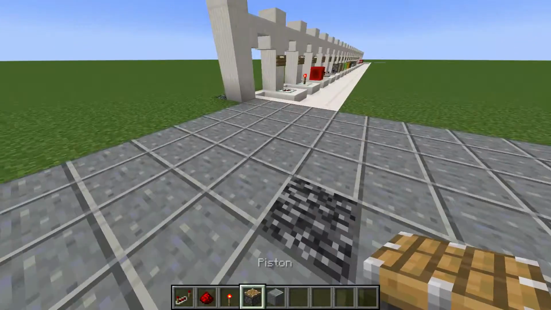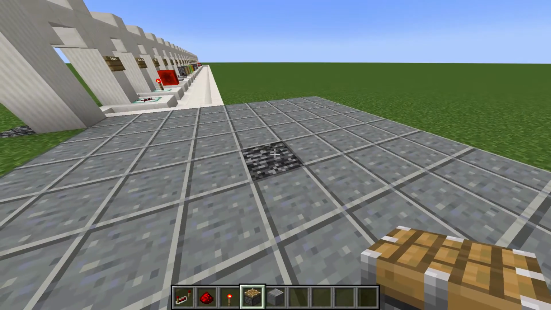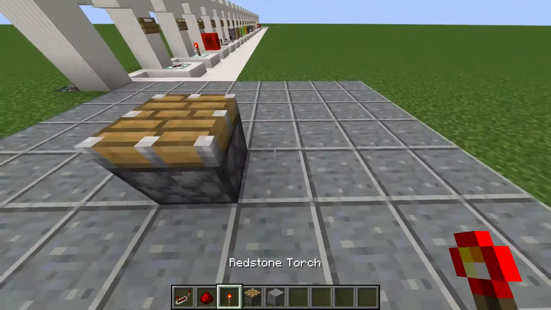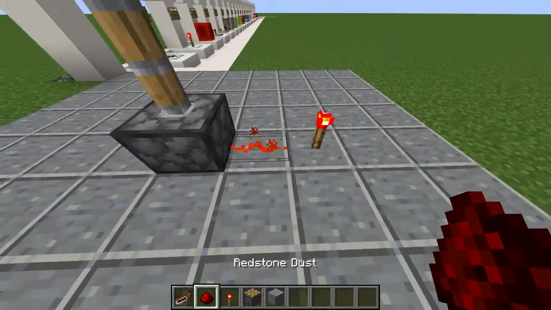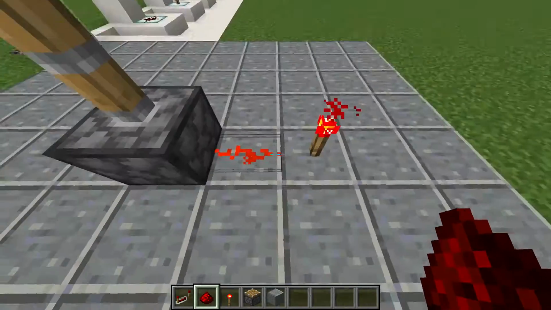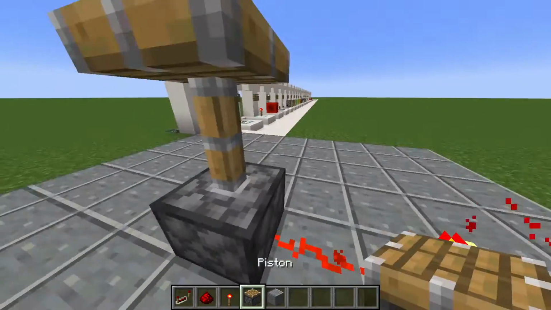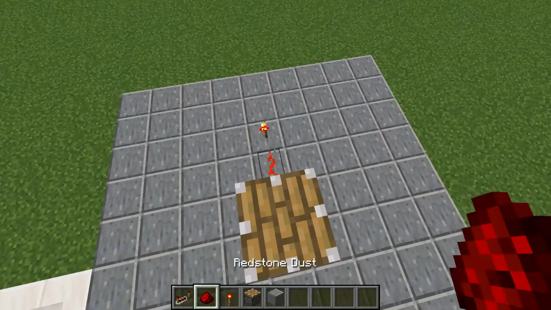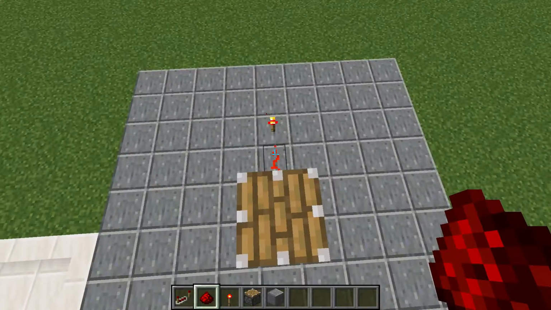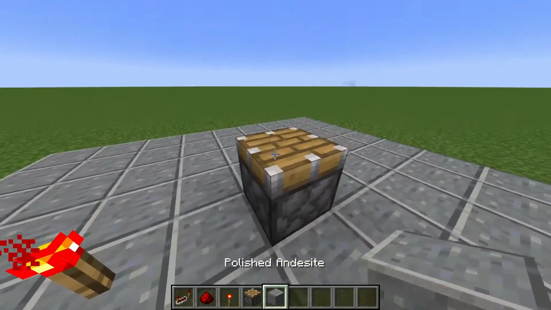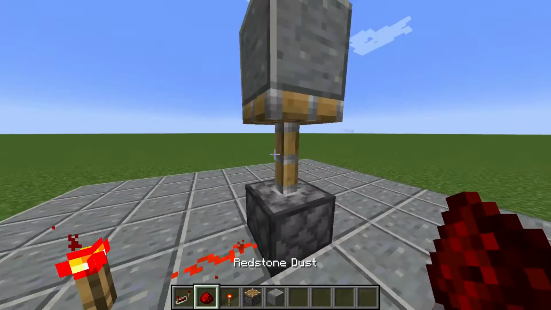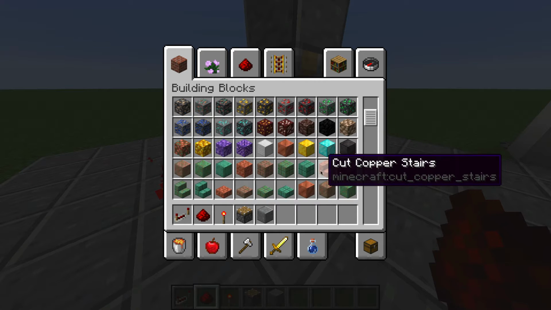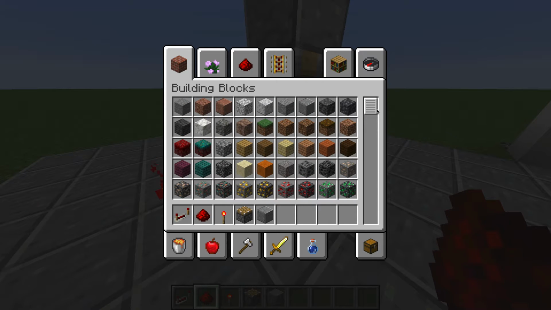This is the first redstone component that can be activated by redstone. This is the piston. And this can be activated from when the redstone is turned on. And as you can see, it pushes up. It can push up entities like players and animals and monsters. But it can also push up blocks. But bear in mind that not all blocks can be pushed, such as